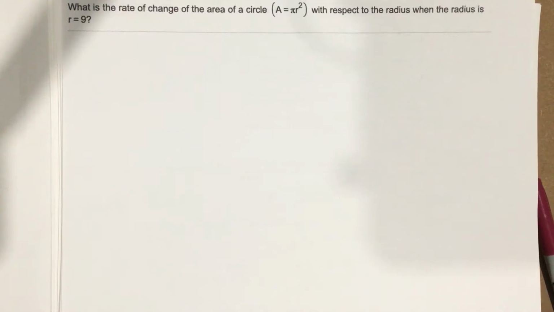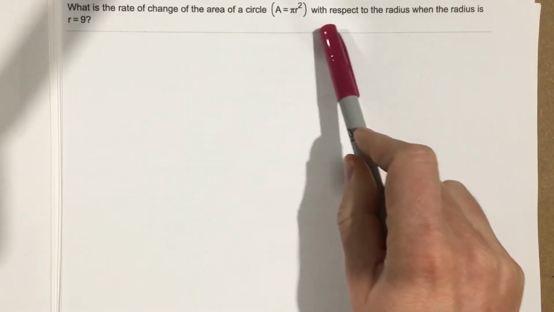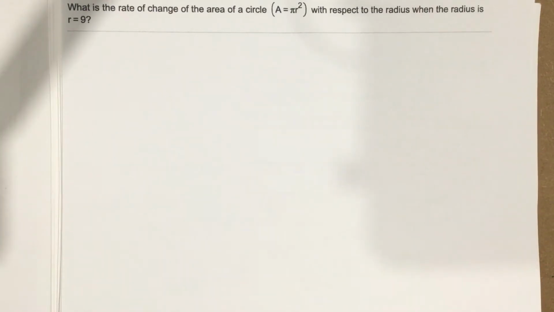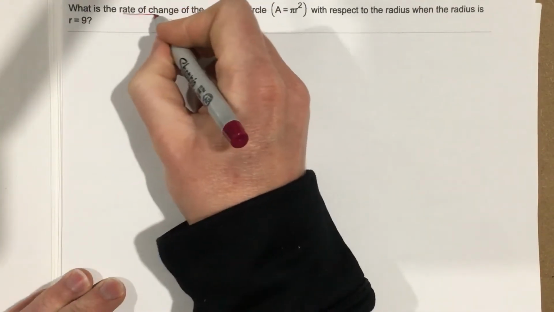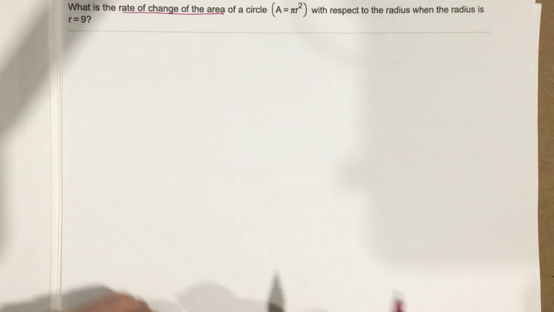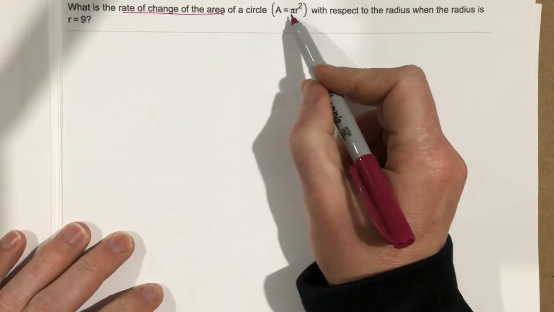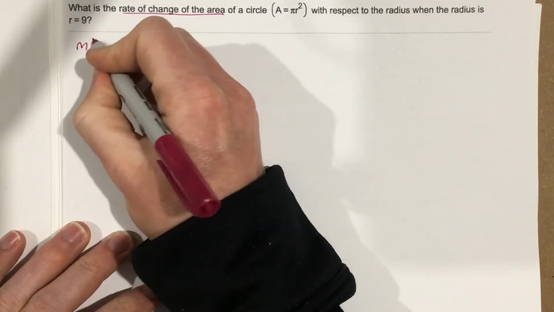This is problem number 10 for section 3.1. In this problem it says, what is the rate of change of the area of a circle, A equals pi r squared, with respect to the radius when the radius is r equal 9? So they're asking us for the rate of change of the area of the circle. Well, to find rate of change, we need to find the slope. And they give us this function, so we need to find the slope expression